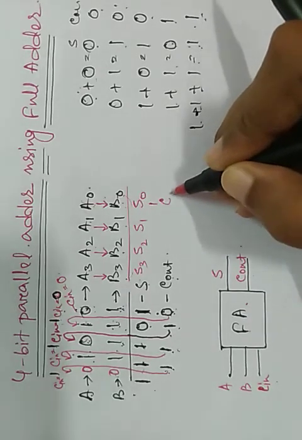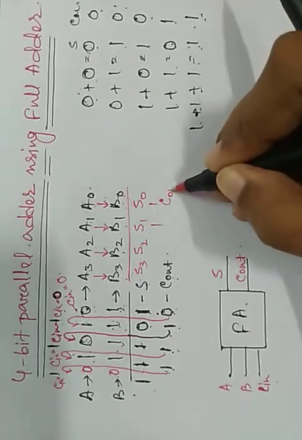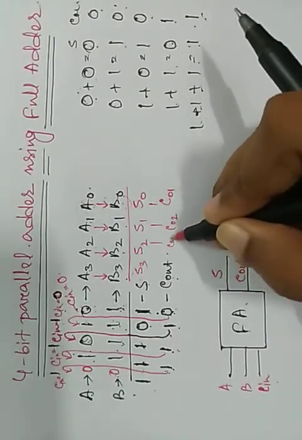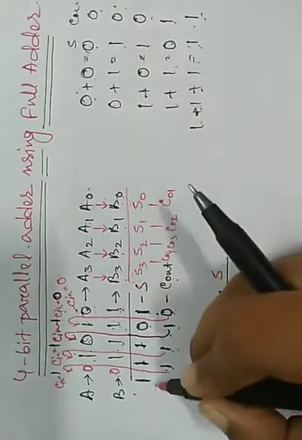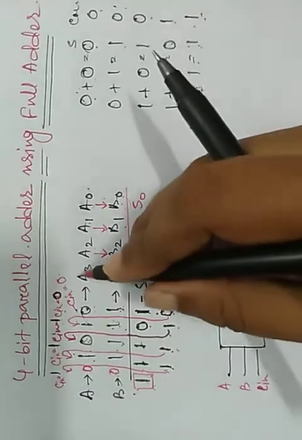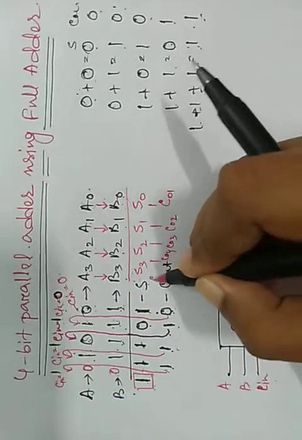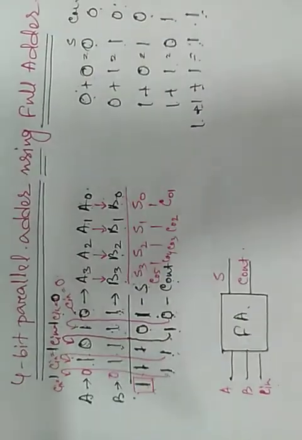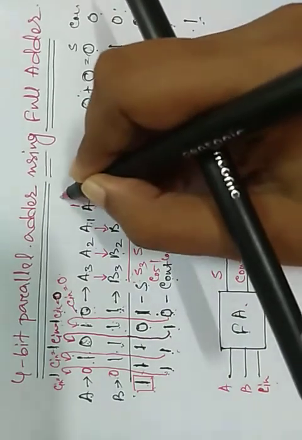So this is carry out. Every time we get, suppose, carry out 1, carry out 2, carry out 3, carry out 4, and here also this is an extra bit. It may be 1, maybe 0, but obviously by adding the last 2 bits we get one carry out. So this is carry out 5.